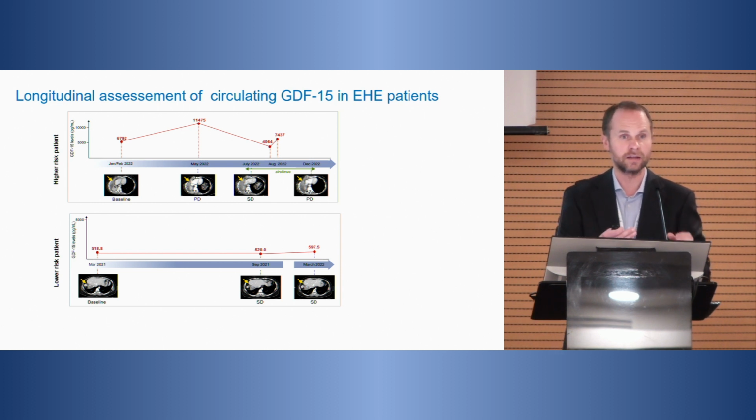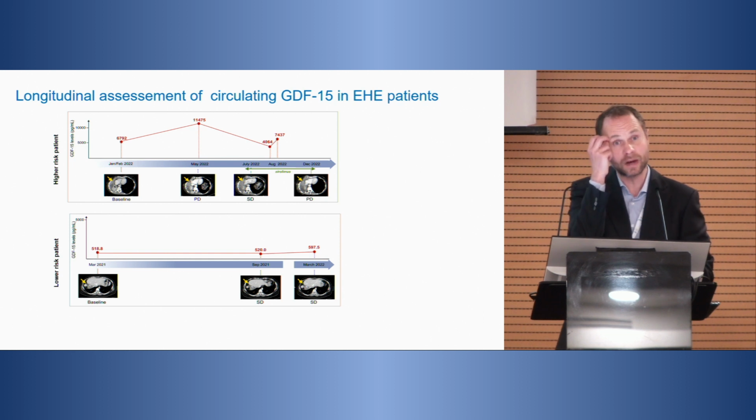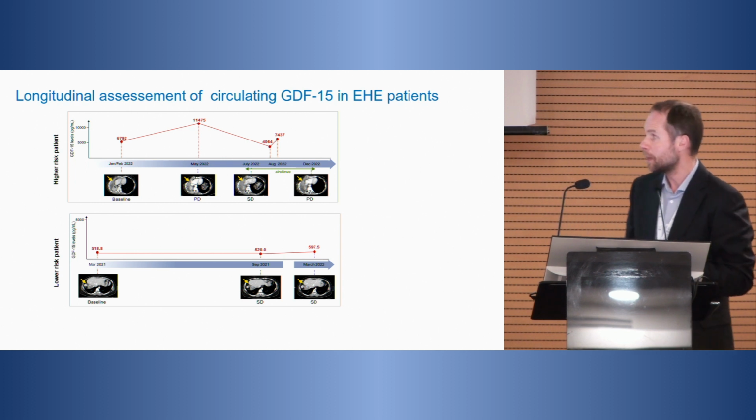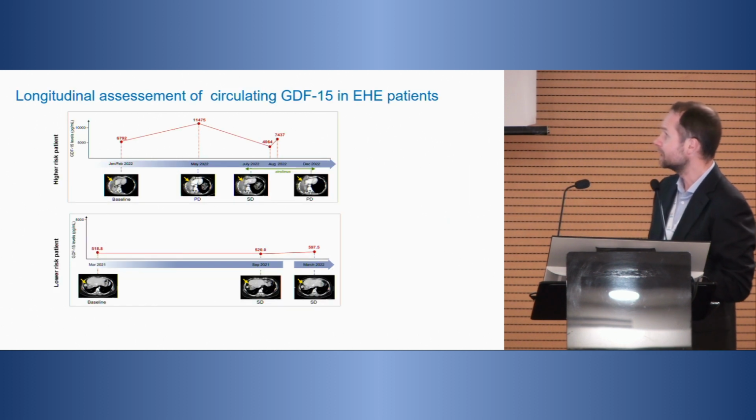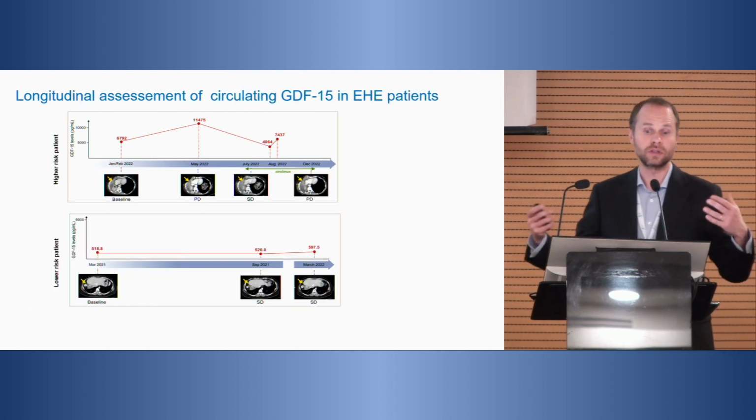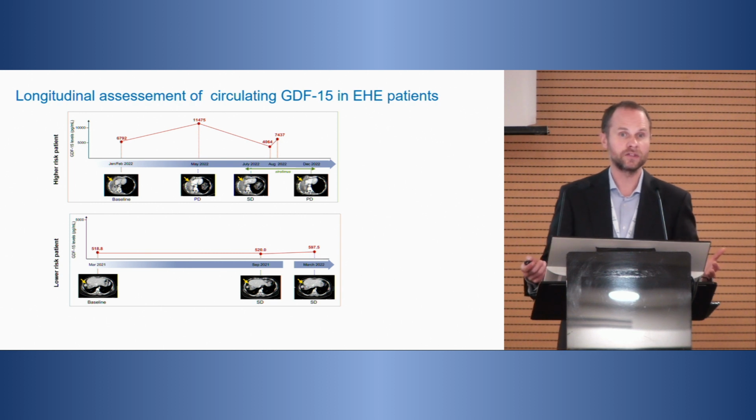that was possible to detect before the CT scan. And this is another point where a biomarker is useful, to detect a recurrence, or a tumor progression, or the ineffectiveness of a drug ahead of a CT scan. And the other example is much easier, because this was a low-risk patient with a low level of GDF15 that remained stable over time, and also the CT scan was the same, and the patient felt exactly the same with no new symptoms or other issues.